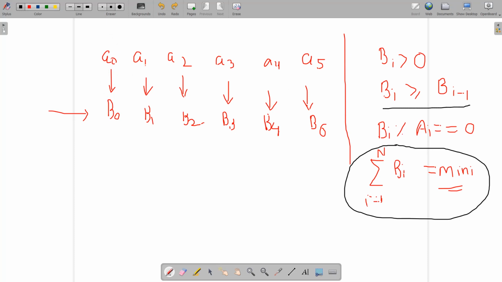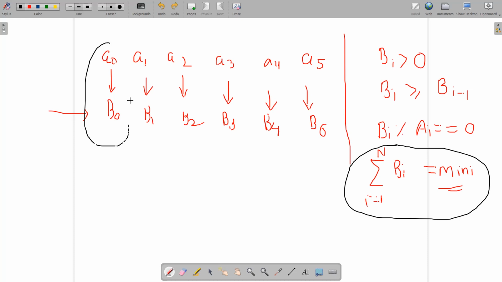Now let's start building. You can see that this condition must hold. It means that b2 must be greater than or equal to b1, b1 must be greater than or equal to b0, and here our checking stops because there are no more previous elements. It means that we should start from the very first element. Okay, so we would be starting from the very first element.